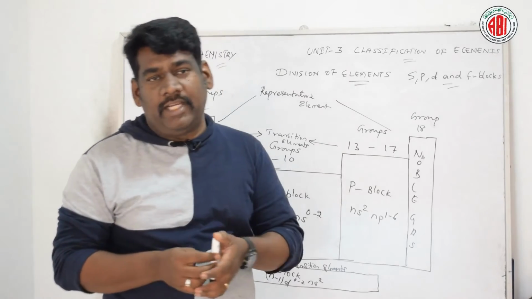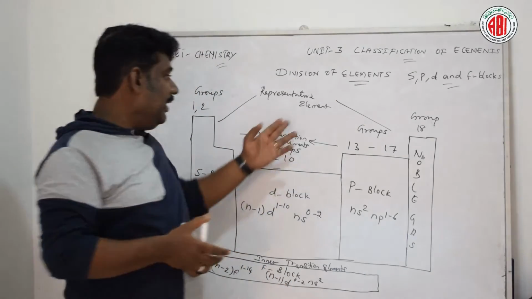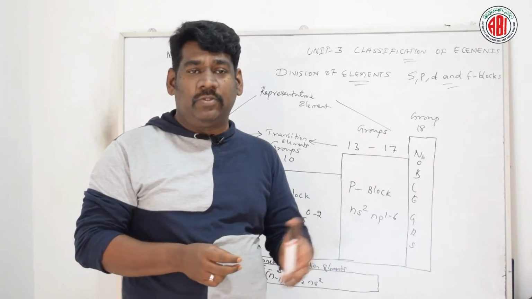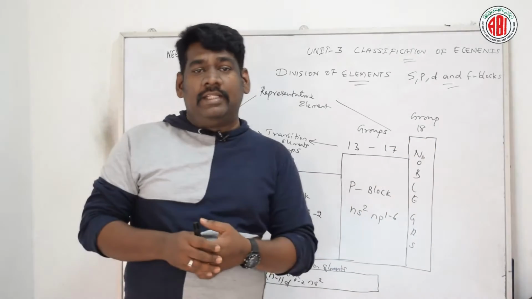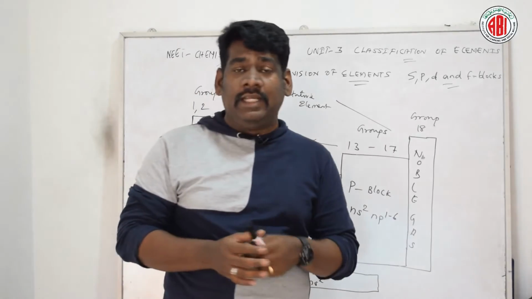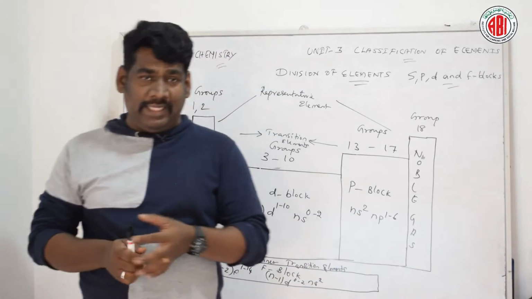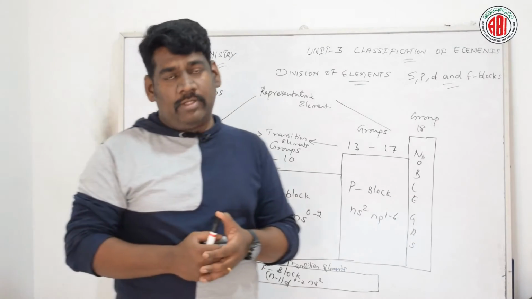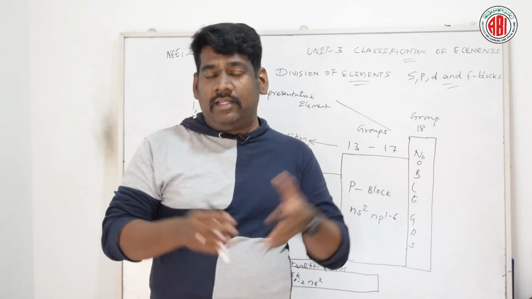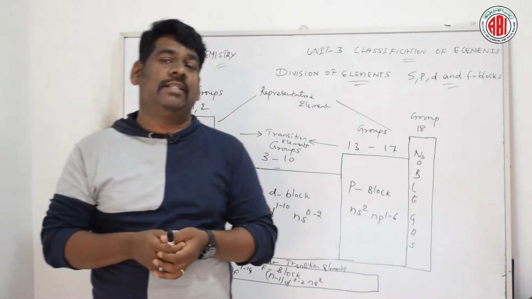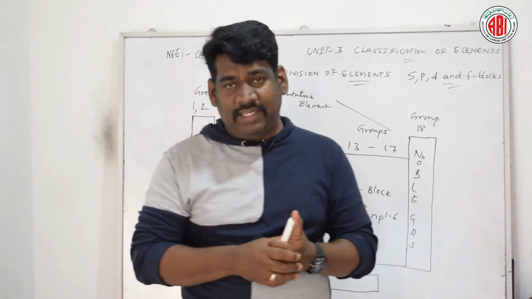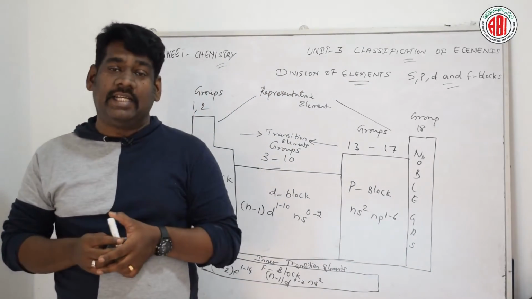These S block and P block elements are collectively called the representative elements. The elements of the last group, the 18th group, that have the perfect electronic configuration ns2 np6 are called the noble gases. These noble gases are also called the inert gases. All the orbitals in the valence shell of the noble gases are completely filled, and they have no tendency to lose or gain electrons. That is the reason we call them noble gases.